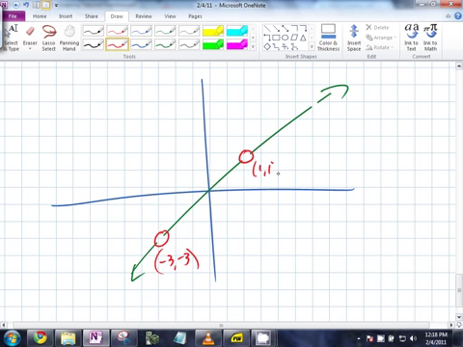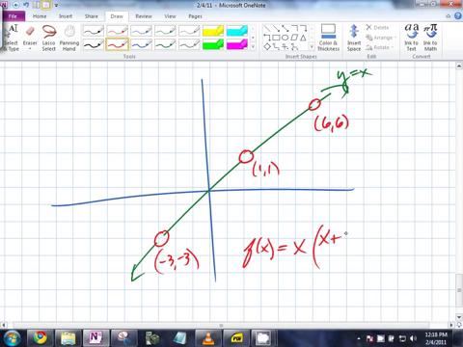Someone just raise their hand and tell me what it is. I know you guys can do this. Salmon, what is it? f of x equals x, but the domain times x plus 3 over x plus 3 times x minus 4 times